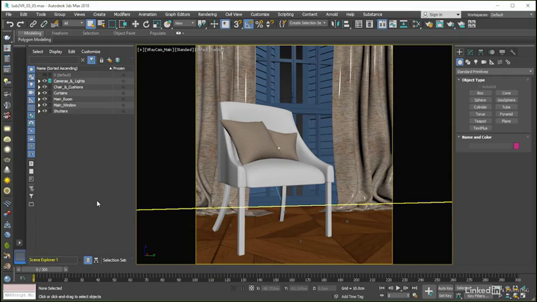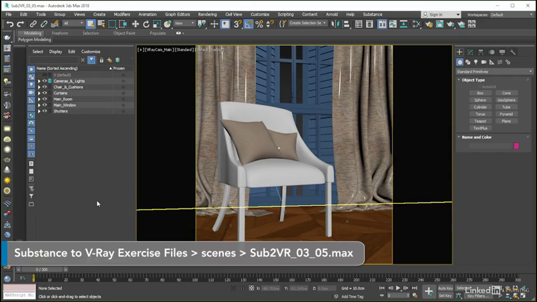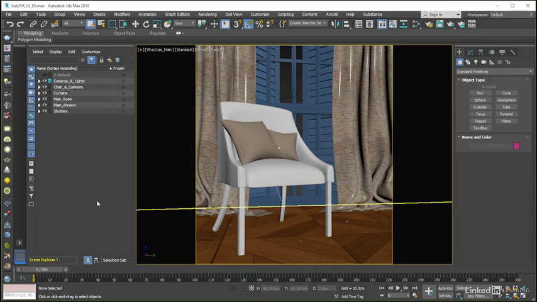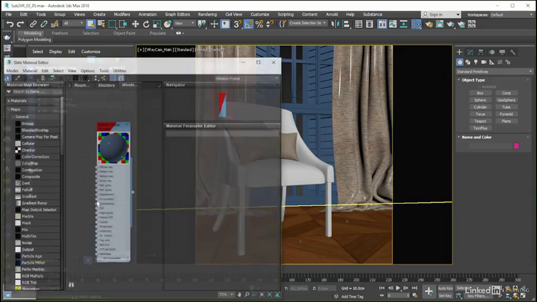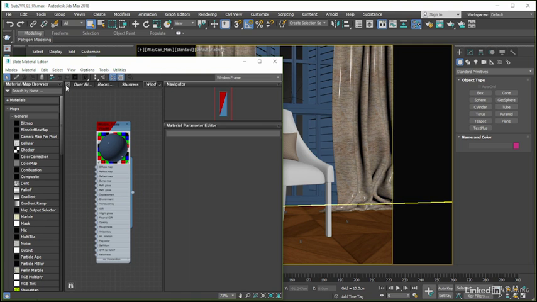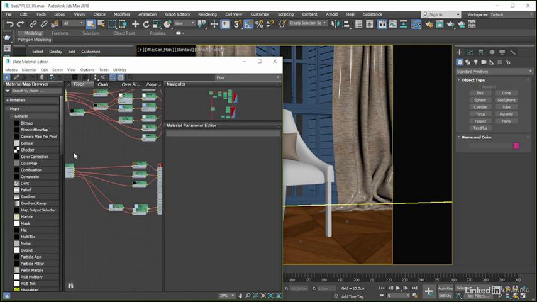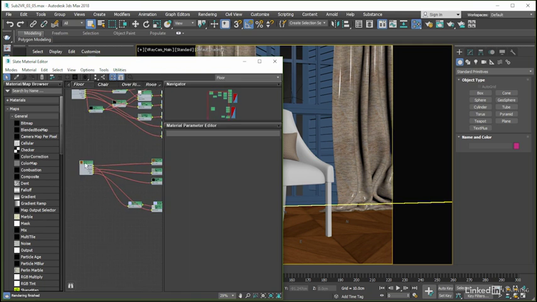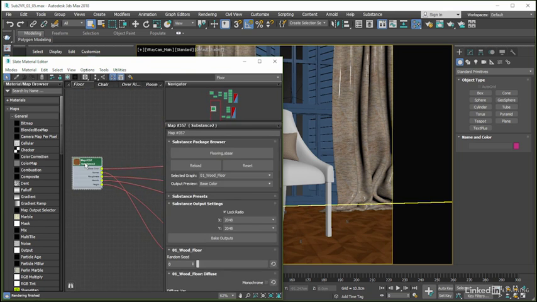To conclude this chapter, I thought it would be good just to spend a few minutes highlighting some of the extra features that can be found on the Substance to 3ds Max plugin, features that we haven't really touched on yet. And so, with the Material Editor and Floor tabs open, let's double-click to load up the Substance parameters and take a look in the Substance Package Browser rollout, where you may or may not have already noticed that we